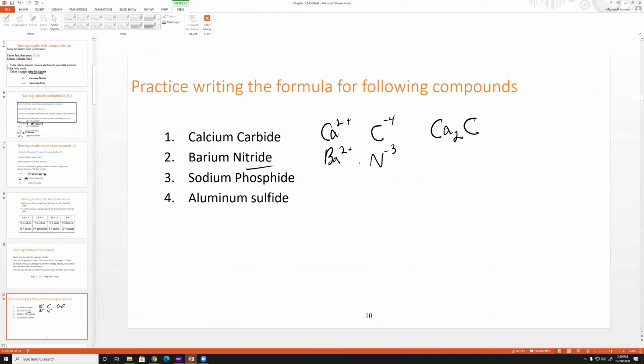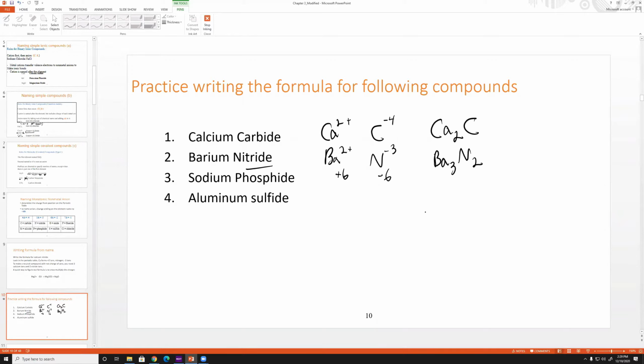So for this, we can use our crisscross rule, or we can use our least common multiple, however you want to think of it, to see how many bariums can cancel out with the number of nitrogens. If 3 bariums are here, we would then have +2 times 3, which would be +6. And if we had 2 nitrogens, which would be 2 times -3, you'd have -6. So this means our formula for barium nitride would be